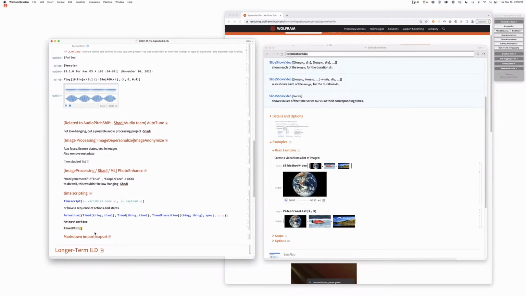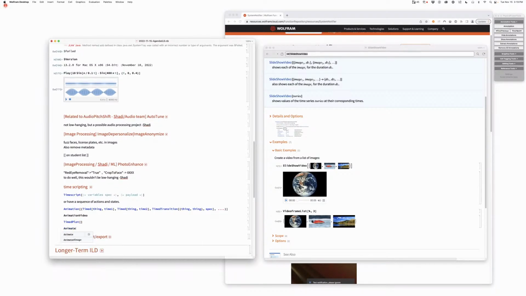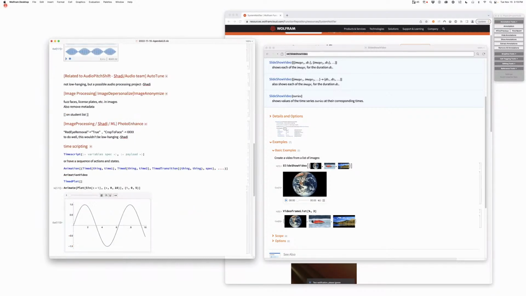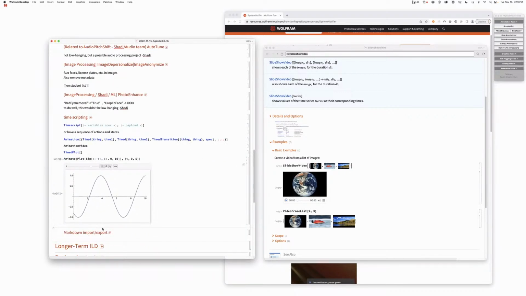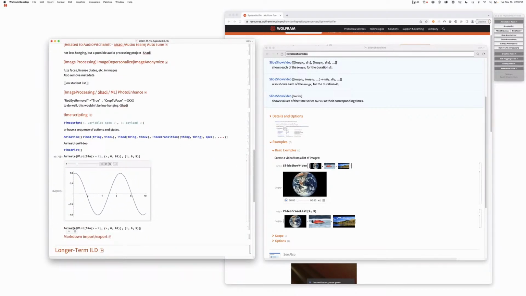What am I saying? If I say animate plot sine x plus t, x 0 to 10, t 0 to 5, I guess that's basically the best we can do for a timed plot. And now if I say animation video for that,